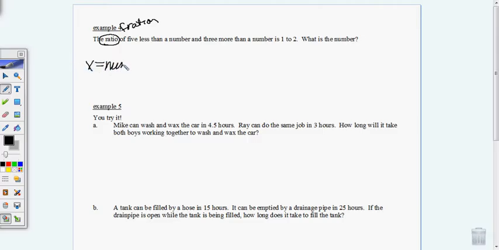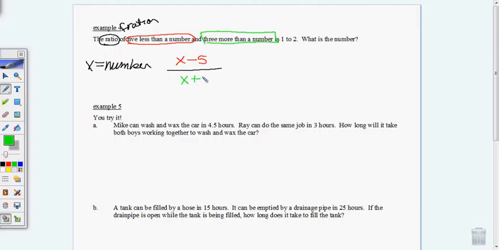Okay, got that defined so I know what I'm using. So in colors, so you can see, 5 less than a number, that is going to be on the top. The bottom part of my fraction is going to be 3 more than a number,